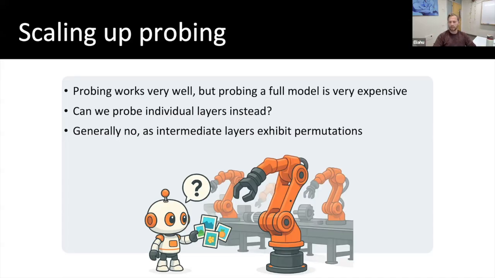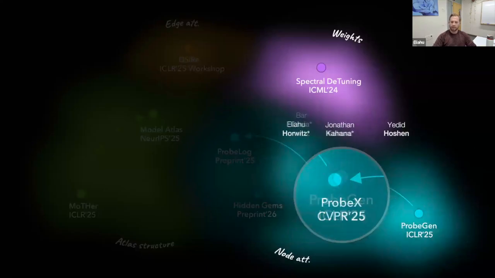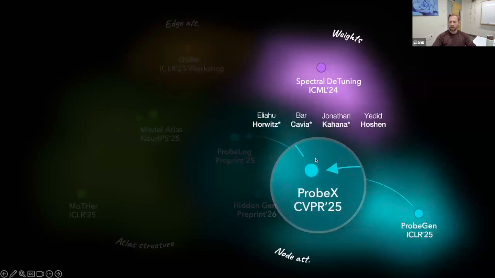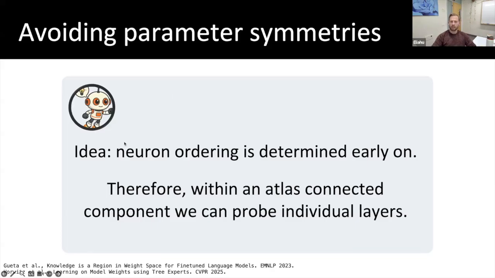So we go back to this case where we have permutations. But here comes our next paper, which tries to tackle this. Our kind of hack, or weight space symmetry avoidance hack, is basically this observation that neuron ordering, the ordering of the permutations, is determined very early on in the optimization steps of the pre-training. And therefore, if we look at connected components of the atlas, these family trees, we can probe individual layers, because then we have all the models within one connected component with fixed